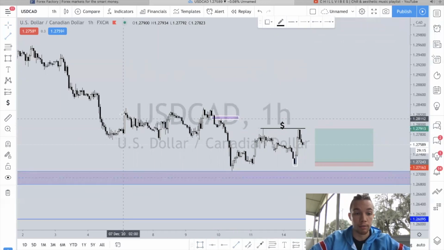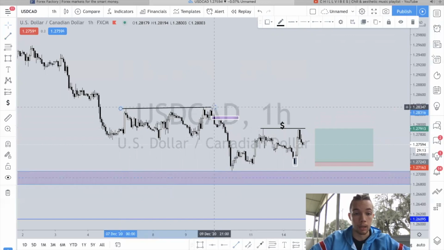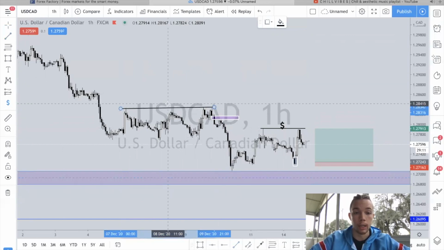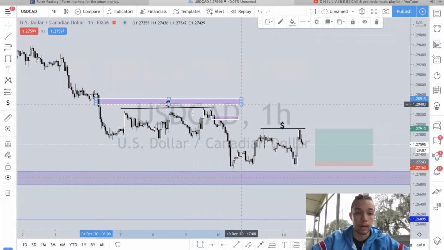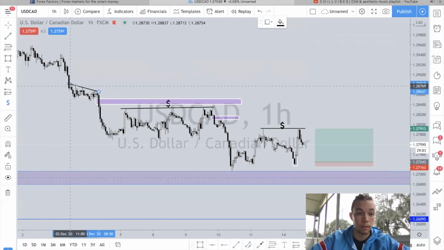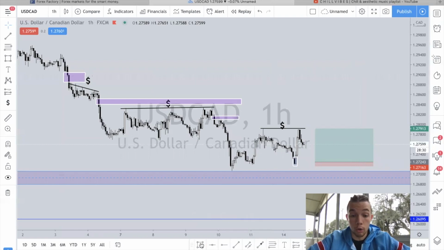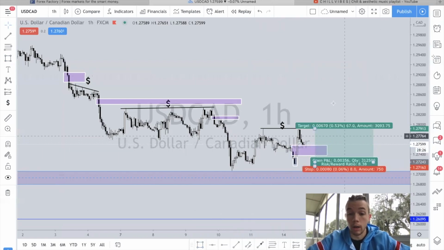Again, what do we have? Liquidity up here. What's above the liquidity? And again, a lot of the times you guys are going to see they play with each other, right? We got liquidity, imbalance, liquidity, imbalance, liquidity, imbalance. So this is really all you need to look for. Just look for your institutional candles and imbalances and wait for that deep retracement and go ahead and take your